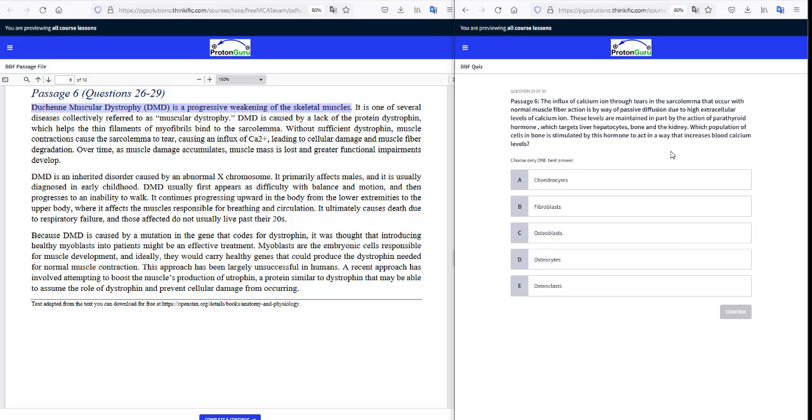Which population of cells in bone is stimulated by this hormone to act in a way that increases blood calcium levels? And here we have a variety of different, perhaps bone-related or bone-sounding terms. We have to figure out which one is responsible here, and we need to pick the best choice in this particular instance. So the parathyroid hormone is one that we certainly talk about in our review, and the parathyroid hormone, PTH, targets